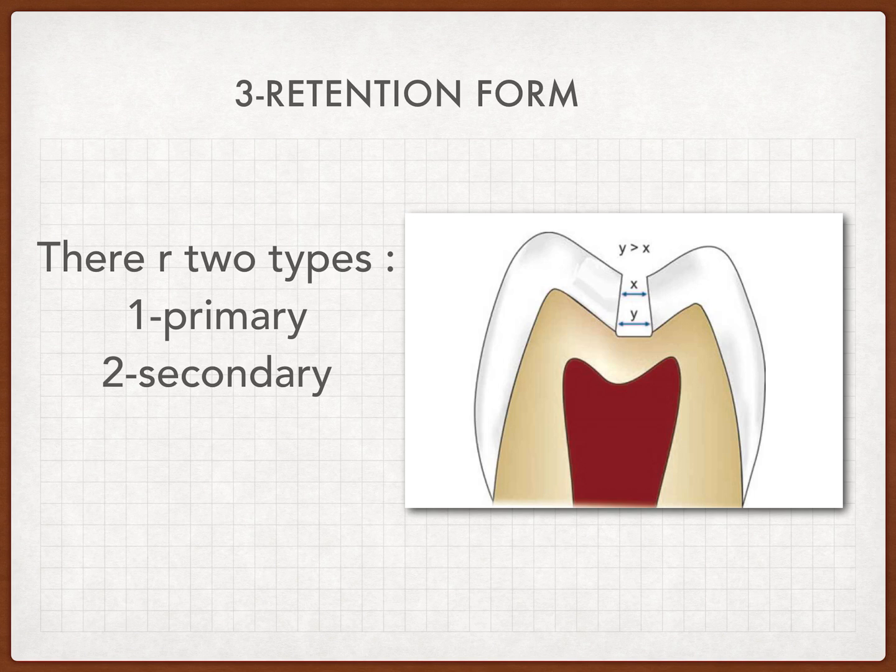The third principle in the cavity preparation is to have a retention form for the restoration if that restoration does not bond to the tooth, like the composites. Composites are simply retained by having as much surface area as possible, that is by beveling. If we bevel the cavo surfaces as much as we can, there would be enough retention for the composite restoration. But if it was an amalgam restoration,